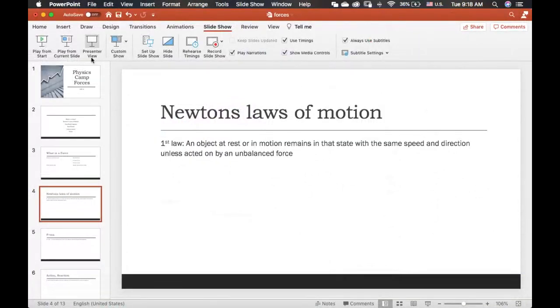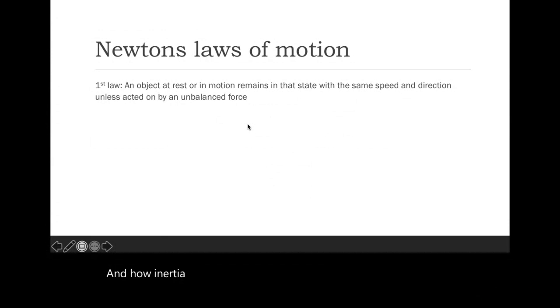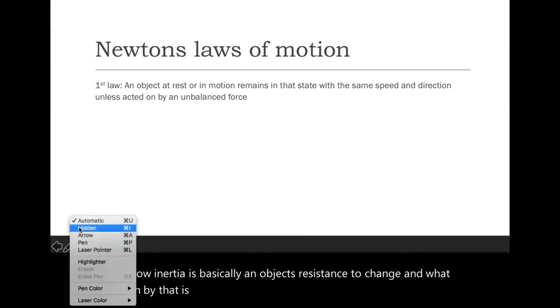All right, so basically, I was just talking about Newton's first law, right? And I was describing how it's also called the law of inertia, and how inertia is basically an object's resistance to change. And what I mean by that is, going back to the analogy I was just using,